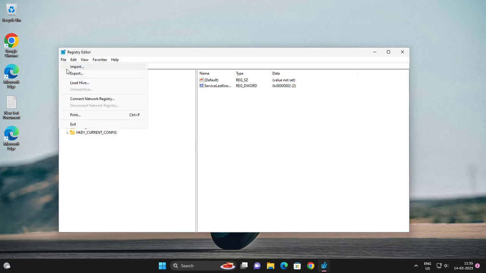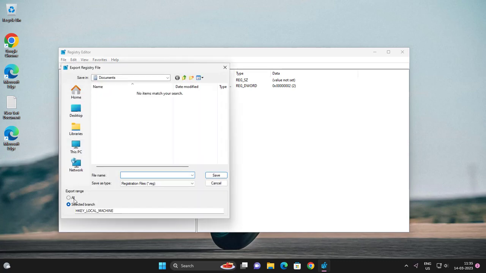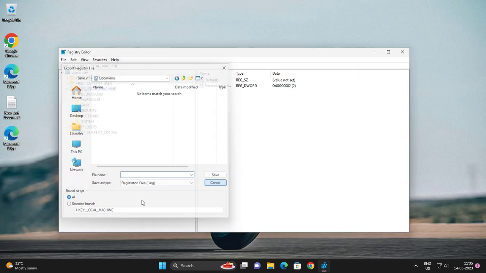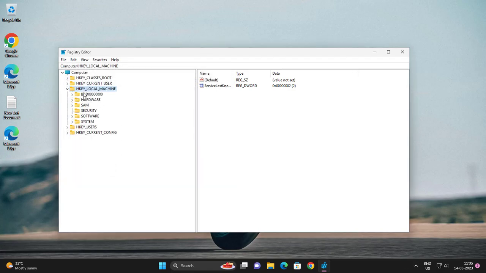Go to File, Export, here All, save. Okay. Go to HKEY_LOCAL_MACHINE,